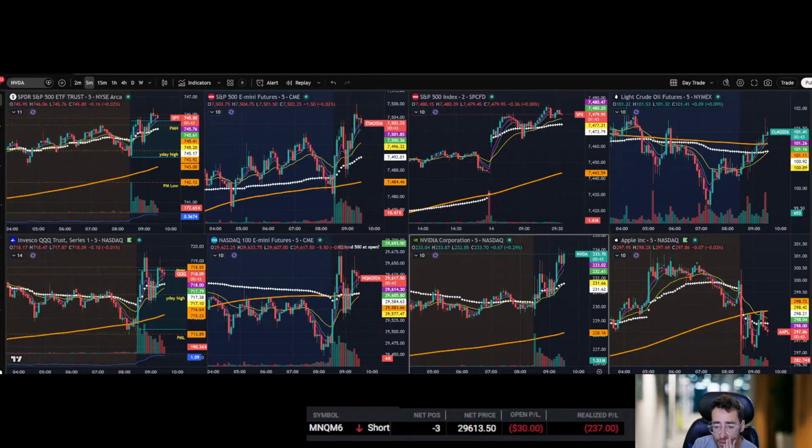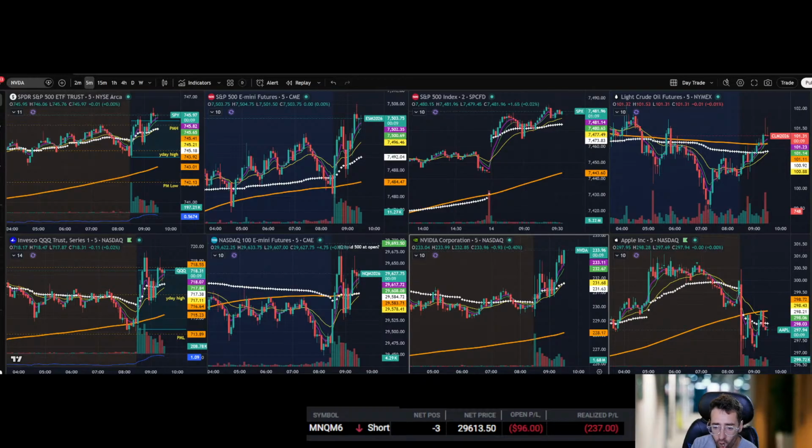Man. See, there's just no continuation. The stop is the previous candle high. That's where the stop is. This next candle is really going to tell us everything. This next candle is going to tell us a lot. Yeah, all right, that's fine. You gotta wait for this candle to close.